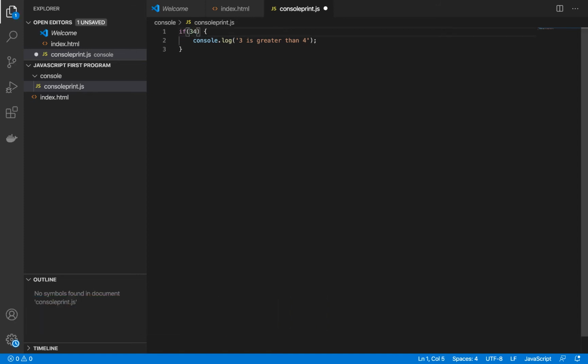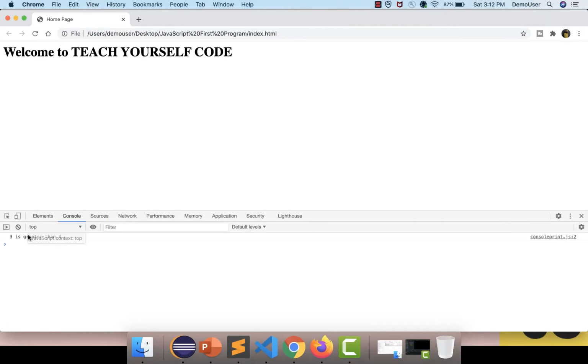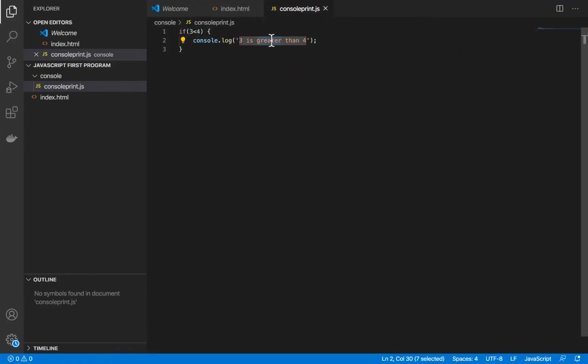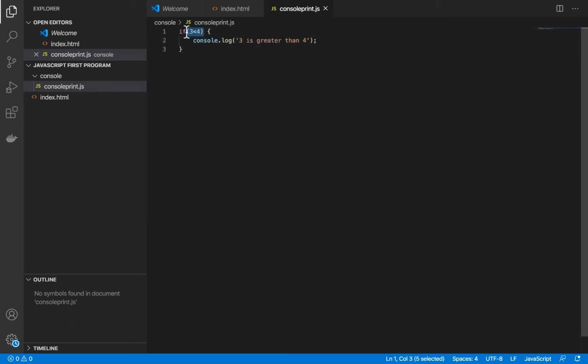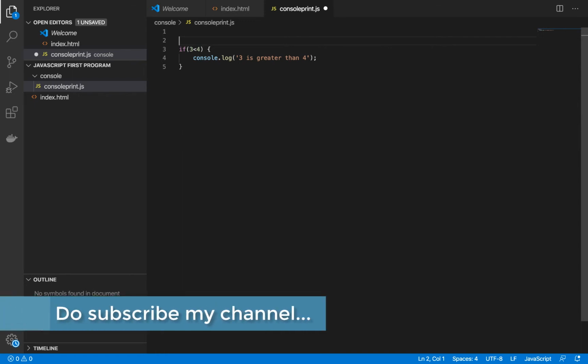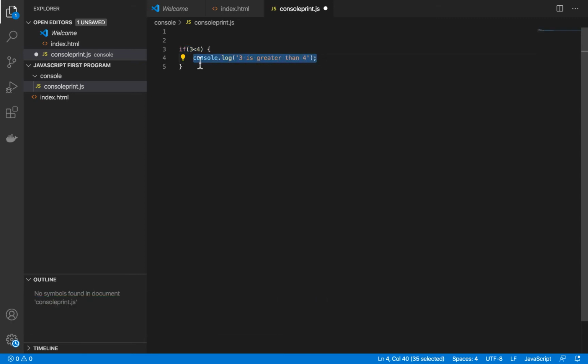If I do one thing, I just put it as smaller, save it, go back to my browser, refresh it. You can see the statement is coming over here. It says greater, but we have given it wrongly over here, so not a problem. It's showing because this statement is true now. So this is what I was saying, the condition within if should always be true, then only the section of the block of code written under it will be executed. The section over here is called a block. Now I think you got the idea what exactly I mean.